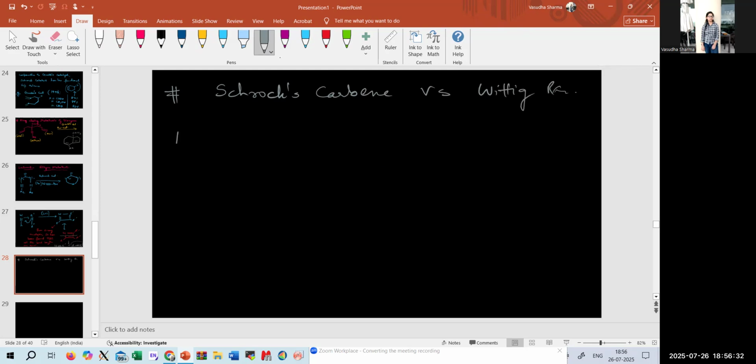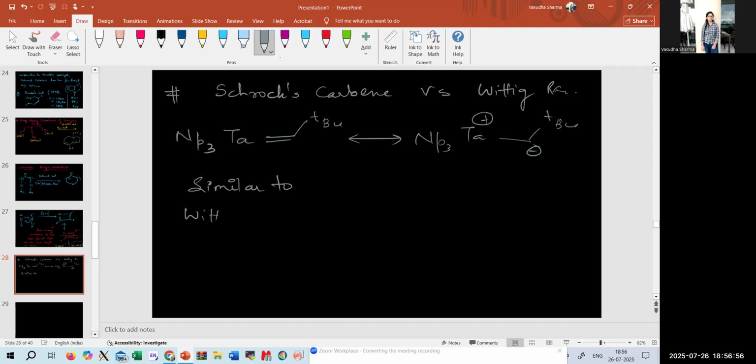We know that we have a Schrock carbene which is neopentyl tantalum tertiary butyl, and this can be rewritten this way, where it has a minus charge and this has a plus charge, similar to